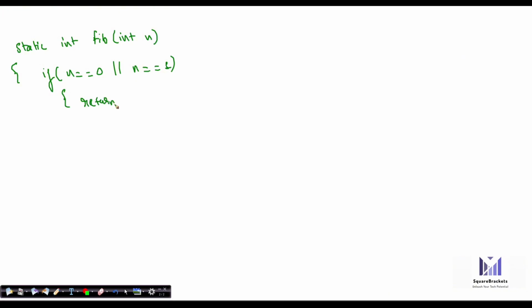So let's write code for the Fibonacci series. Static int fib, and we are going to pass n. In this, there was a base case: if n is equal to 0 or n is equal to 1, we are supposed to return n.